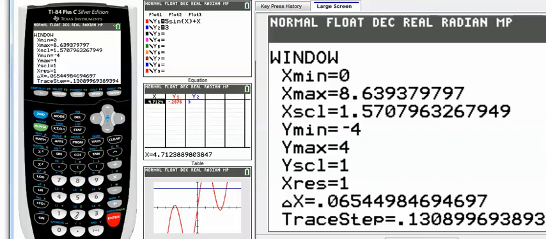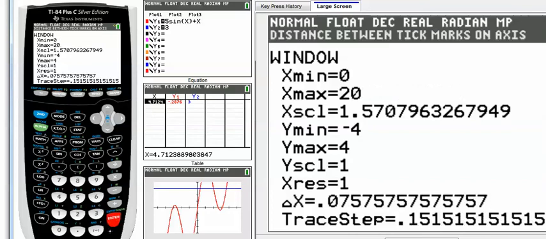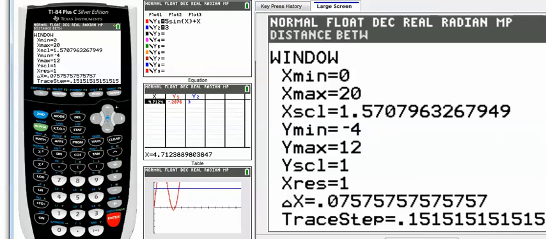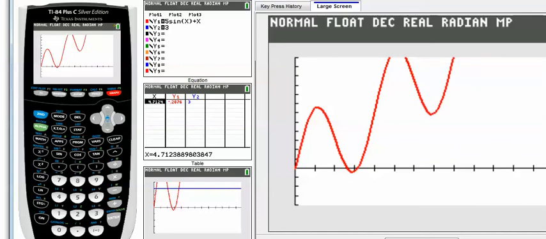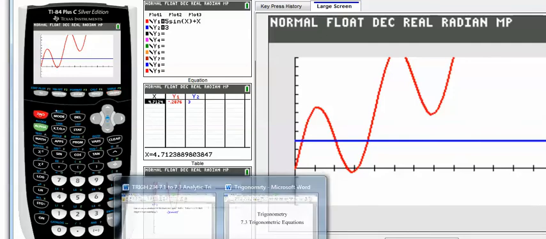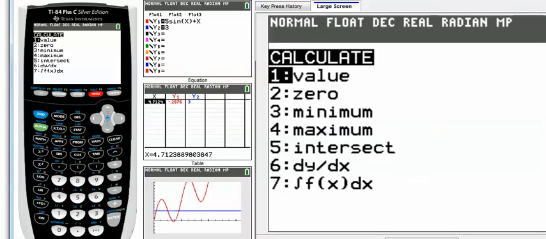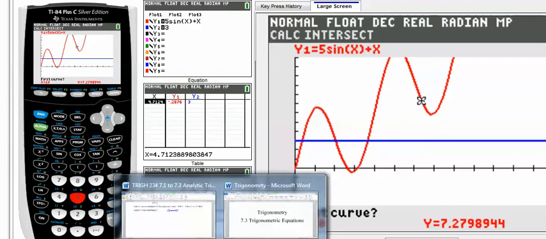Let's go from 0 to 20, and let's go from -4 to 12. Comes close on that second dip, I guess we should call it. So there's 3 solutions. I would use second intersect to go find them, but in the interest of time,